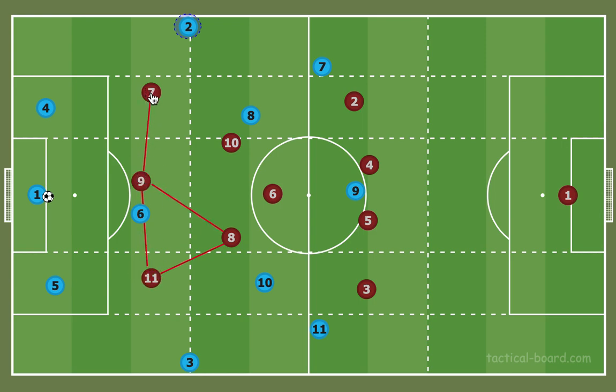So the use of cover shadows, I know I've talked about this before in other videos. The cover shadows will be used by the front 3, and then the players, the 8s, the attacking midfielders, will be covering their blind spots where their cover shadow does not cover. Okay, and then from here,